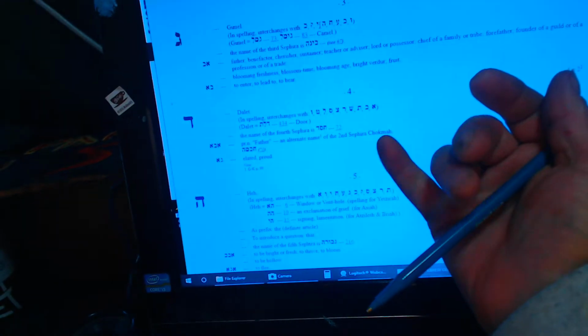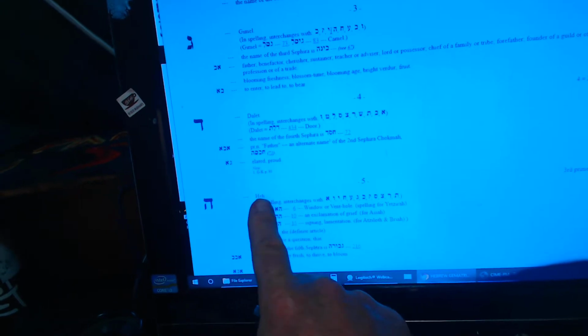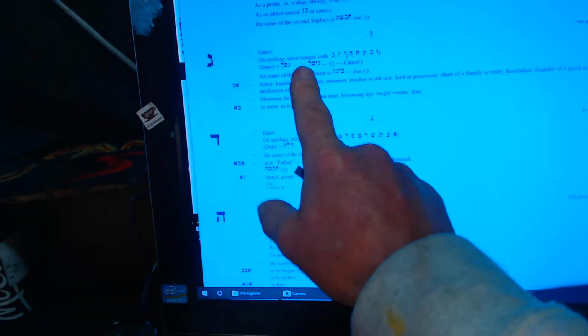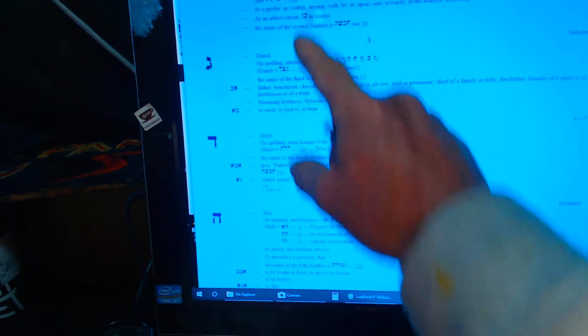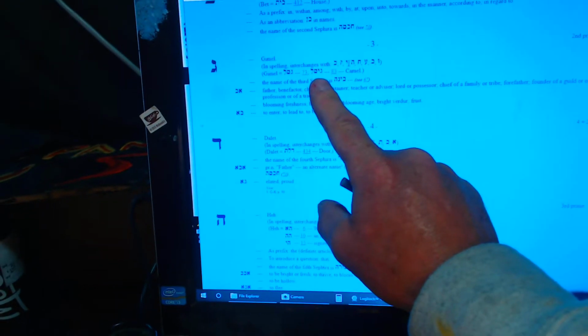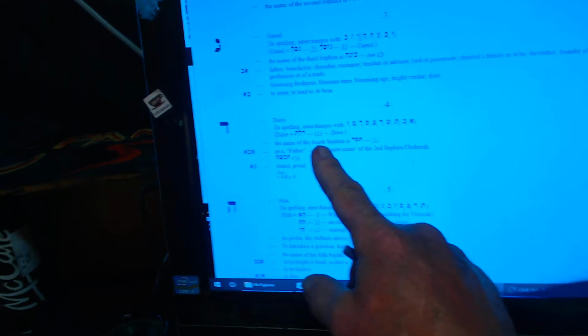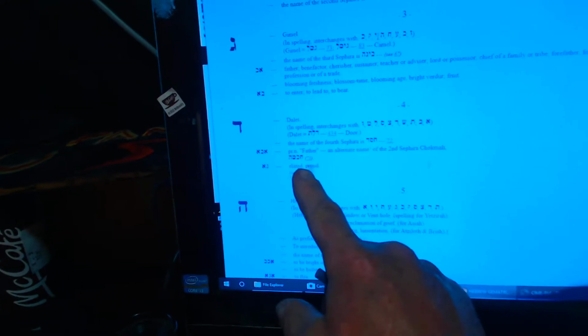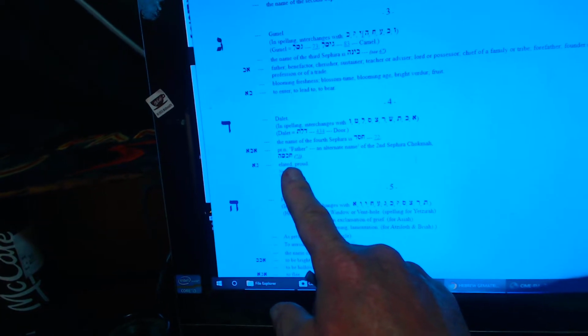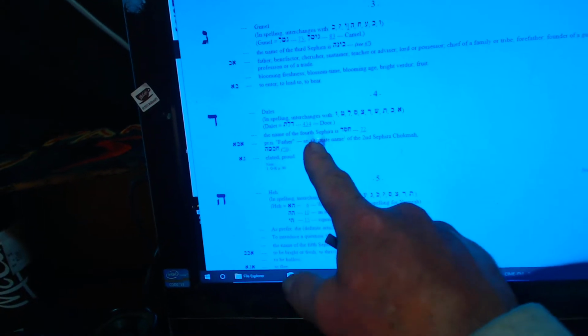So we get Hey. Instead of H, we get our H here, we get our D here, we get our G here, we get our B here, we get our A here. We have 1, 2, 7, or how about 3 and 7 that come together? But we always need Dalet. Dalet for D, and D is the doorway, and we always need Dalet. Dalet opens up the doorway. And an alternate name of the second Sephira,